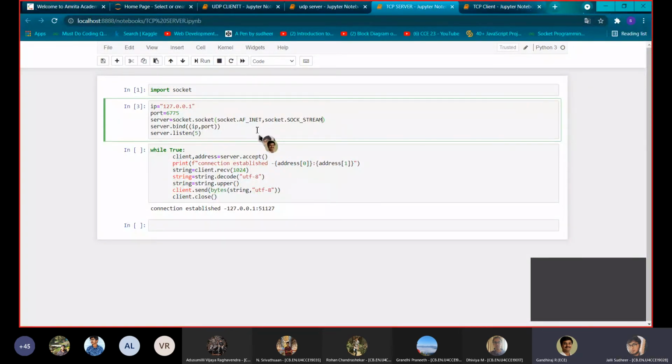Okay, then the client address server.accept. What is the meaning of accept? Sir, accept function means it accepts the communication from the client, sir, using the IP address and port number, sir. And by using the listen function, it listens to the requests of the client, sir, and binds to that client. Actually, I have typed Amruta in the client now, sir. It listens to it and converts it to caps, sir, using upper.